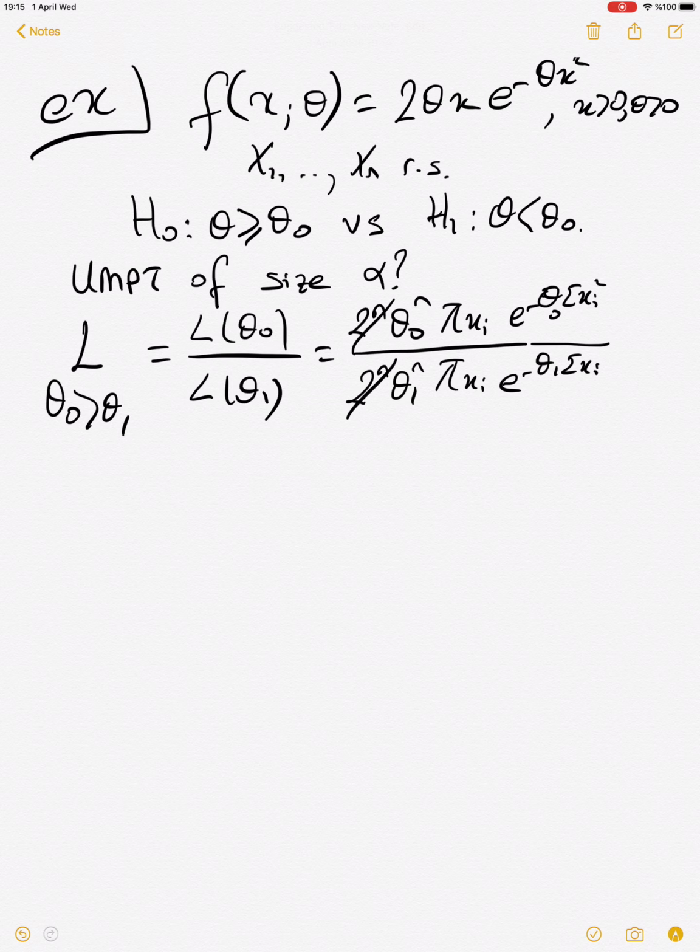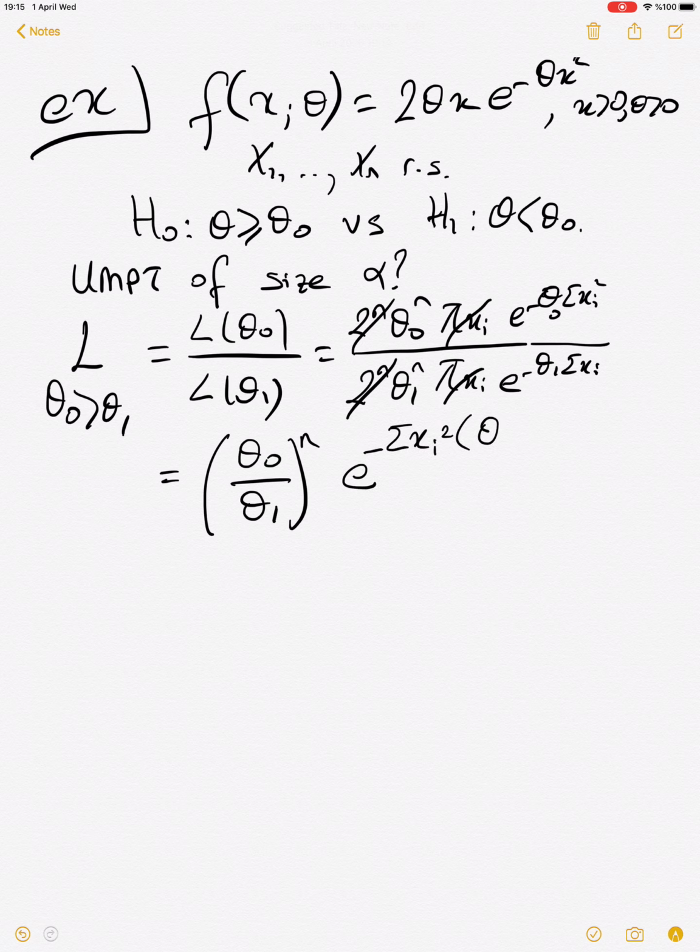So these two values cancel out, and the simple likelihood ratio is defined by theta 0 over theta 1 to the n, and we have e to the minus summation xi square times theta 0 minus theta 1. So I made a mistake at this point. So this quantity under the condition that theta 0 greater than theta 1 case, this part is greater than 1,